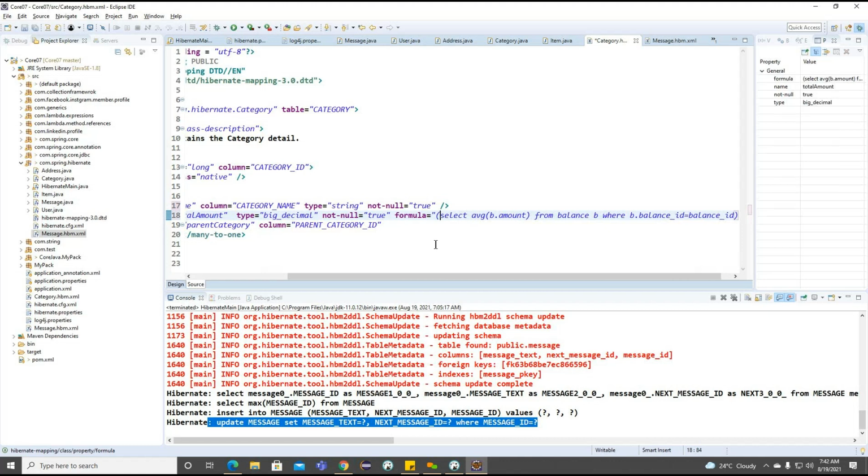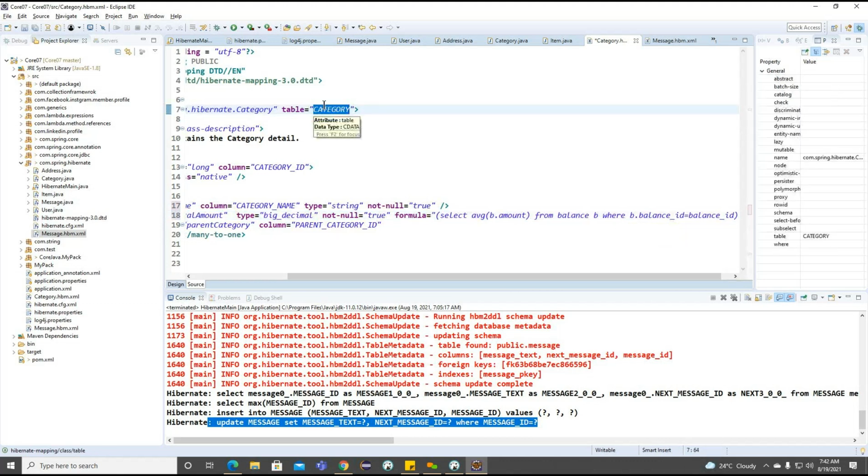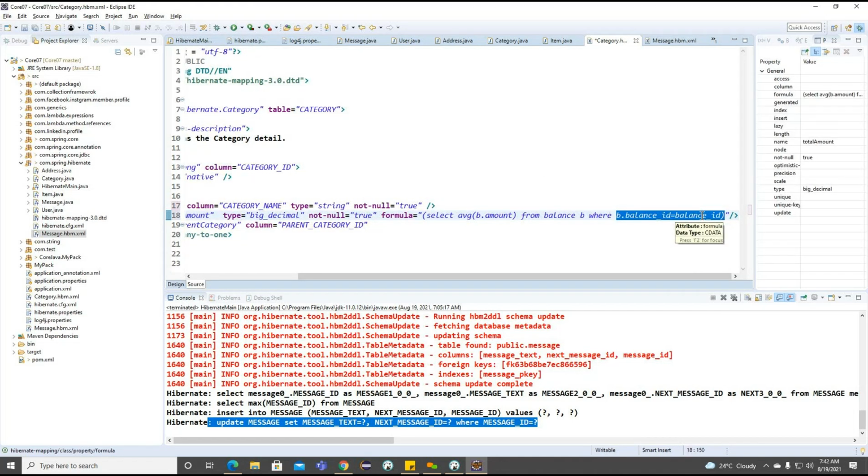This is also one way to provide the formula. Based on this select query, whatever value we get is going to be stored in the table column called total amount. But here we need to write a condition that satisfies the current table value, because we cannot provide the value dynamically.